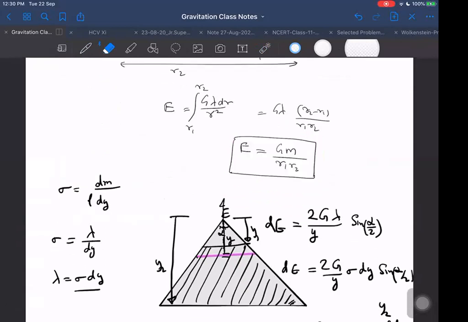This is the formula. And you can see in this, you are asking whether we can assume it to be concentrated at the center? How can you assume it to be concentrated at the center? You tell me. When the field appears to be coming from root R1 R2 whole square, it means I can assume the mass to be concentrated at the geometric mean of the two distances R1 and R2. I can take the geometric mean of these two, and there I can assume the mass of the rod to be concentrated.